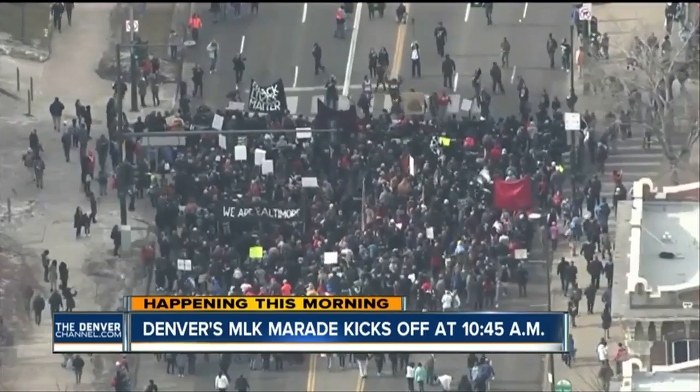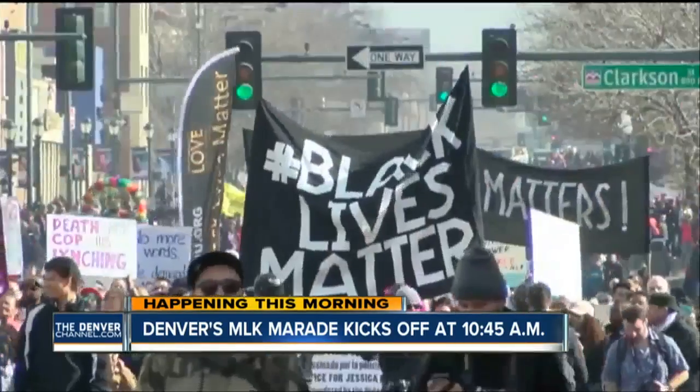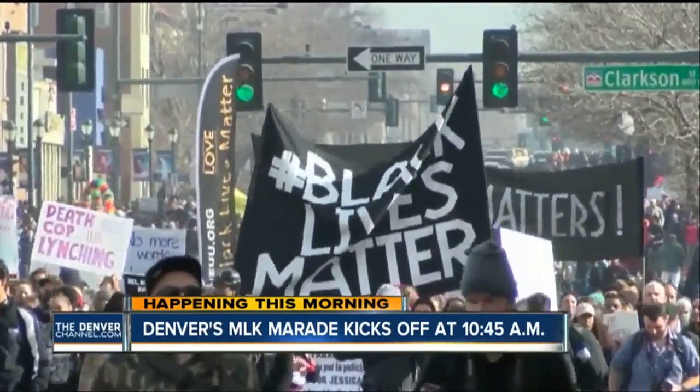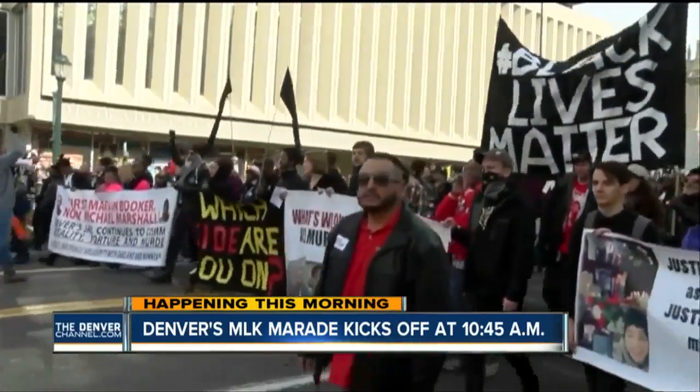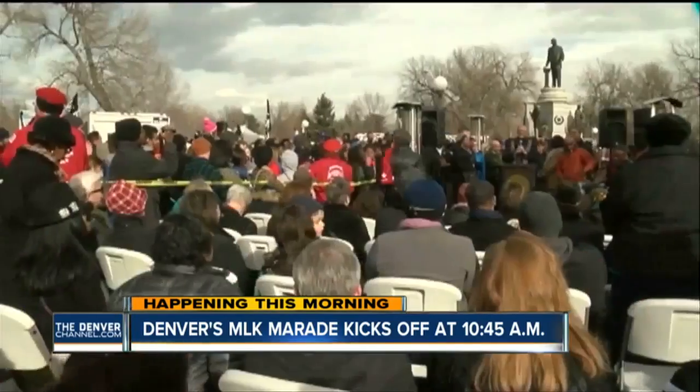10:45, Colfax is going to be closed all the way to South Broadway, followed by a rally there at Civic Center Park. The unknowns come a lot from last year and what happened then when a large group of Black Lives Matter protesters kind of took part in their own march right in front of the actual parade. That's what their organizers said happened, and then ultimately kind of took over the rally there at Civic Center Park,